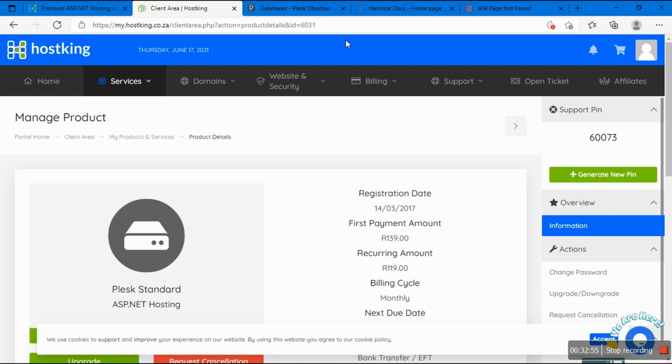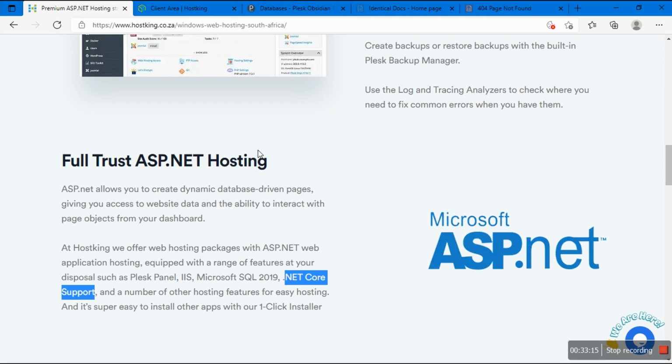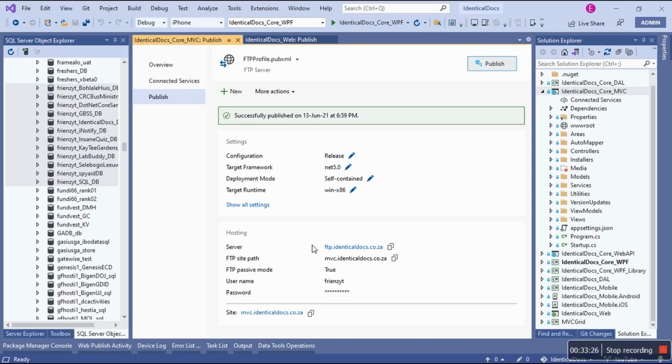They do not. So what you need to know about these companies is that it's a company that's using other companies, several companies. One of them is Plesk. This is what they own, this control panel. So if these people don't support .NET Core, then they cannot support .NET Core and other stuff like the server, and even this IIS. Okay, cool. Now, why again is it relevant? It's because when it comes to .NET Core, you see the last time I published was on the 13th of June 2021. Yes, because check this.